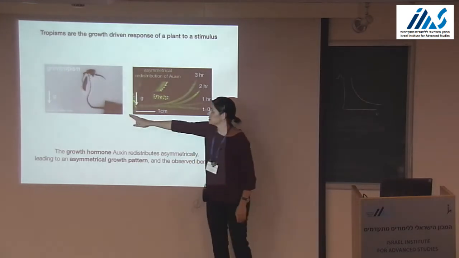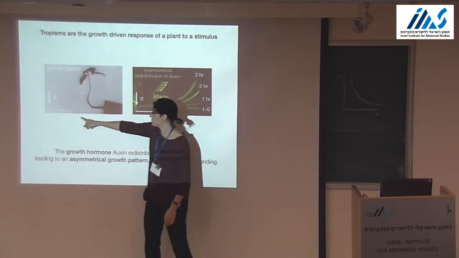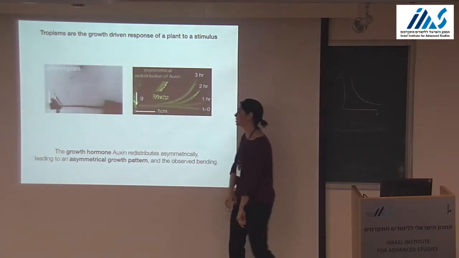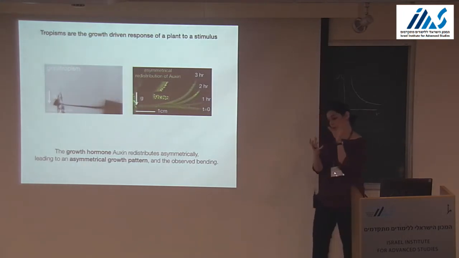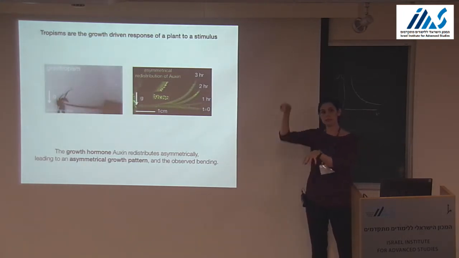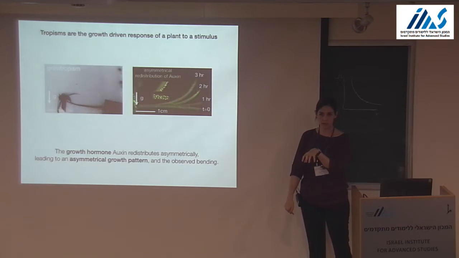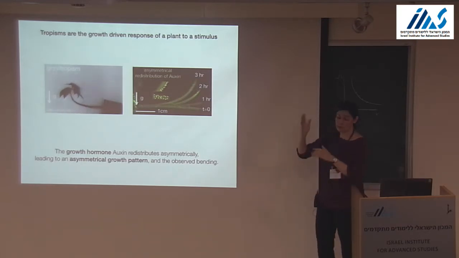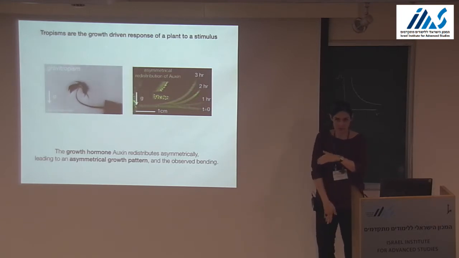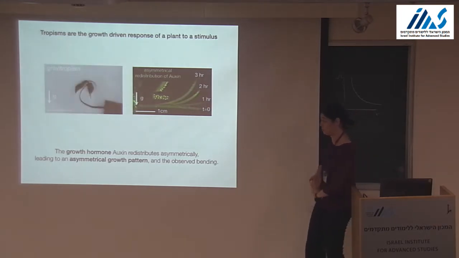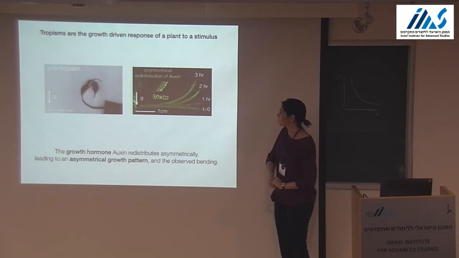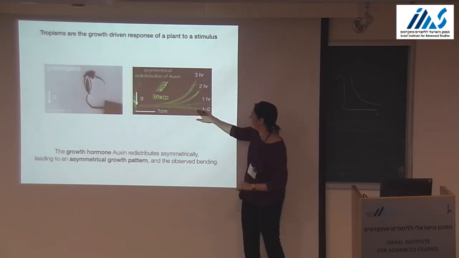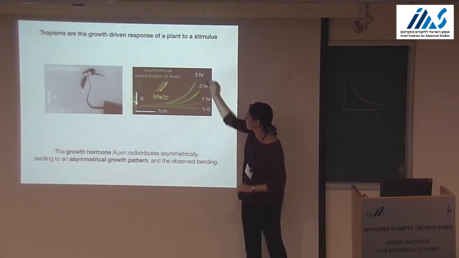And another one is this one, gravitropism. Notice the date of this movie. This is from 1898. I find this pretty cool. And this is basically that if you put a plant horizontally, it senses the direction of gravity, and it grows in the direction. And this is the shoot. The roots go down. So it's a very useful property to have for a plant. And here you see snapshots of a wheat seedling placed horizontally after a couple of hours.